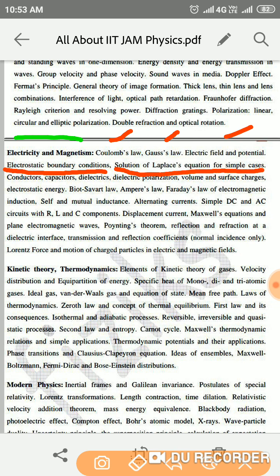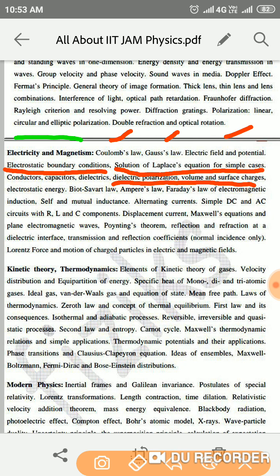Then you should also know about the conductor, different properties of conductor. This year also a question in MSQ type was asked on the different properties of conductors. Then you should have a basic idea about capacitors, its equation for charging, discharging, and all that. Then polarization is also an important topic in electrostatics, and you should know the expression for volume and surface charges